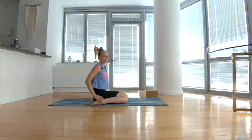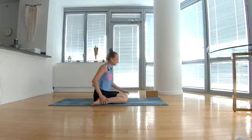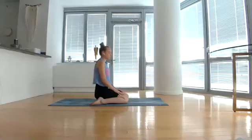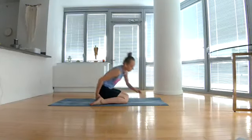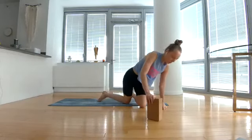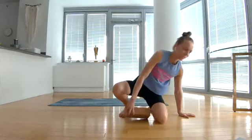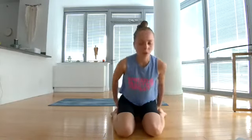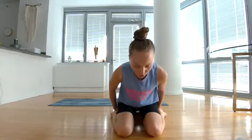if you can. If you can't, you may sit on your heels or on a block right underneath your sit bones. And then from here, bring your palms onto your thighs. And from here, let's do some cooling breathing. You may have to open your eyes now because I'm going to demonstrate something. But basically what we do today and what we're going to do throughout the practice today in certain situations